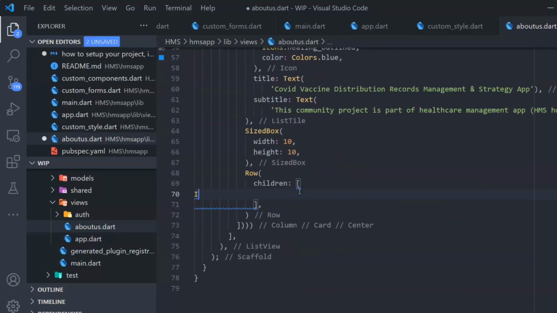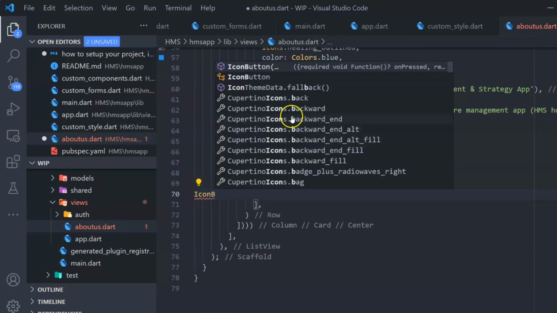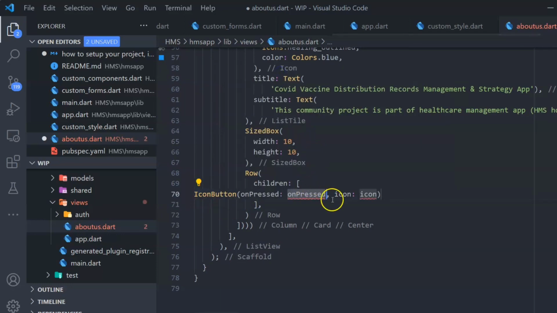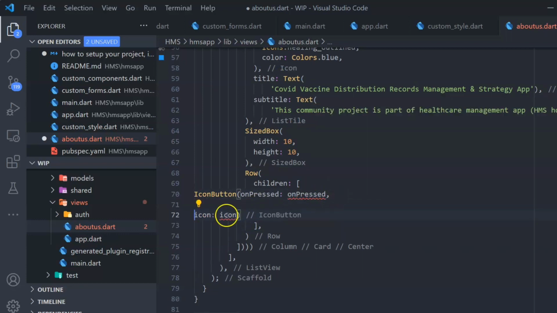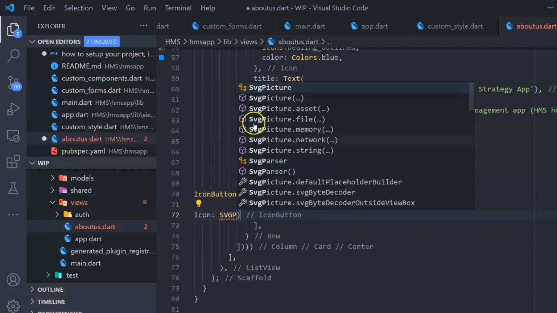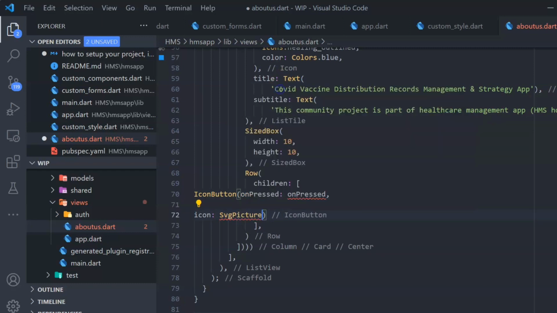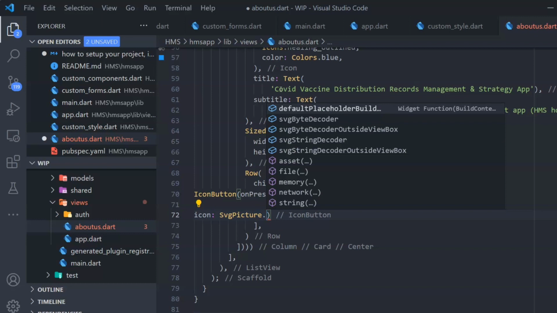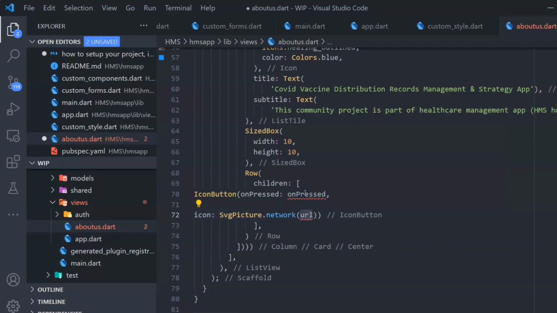Okay, so Row children, and then I'm going to include an IconButton, and here I will say icon, an SVG picture. Again, go through the documentation, mouse over that, and it will tell you what SVG picture is expecting. I think it expects a URL, and this is where your SVGs are. Again, it could be included in your local assets directory, or this time it could be in any